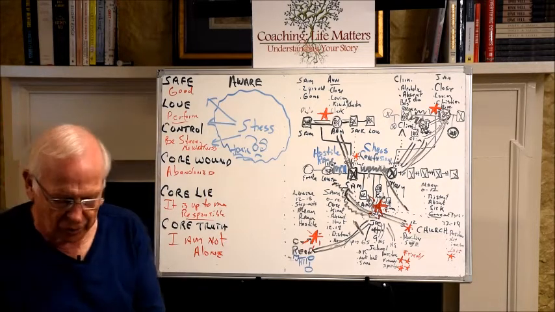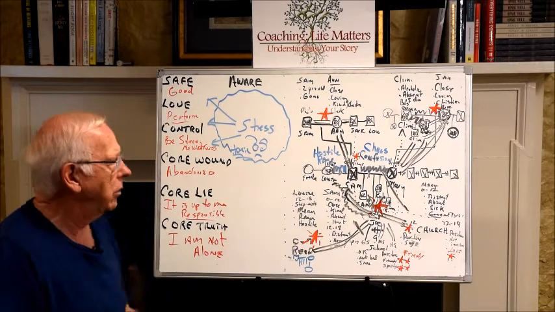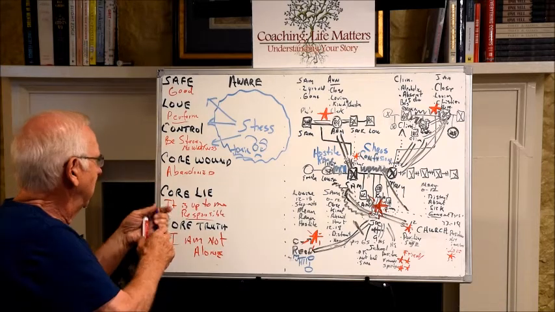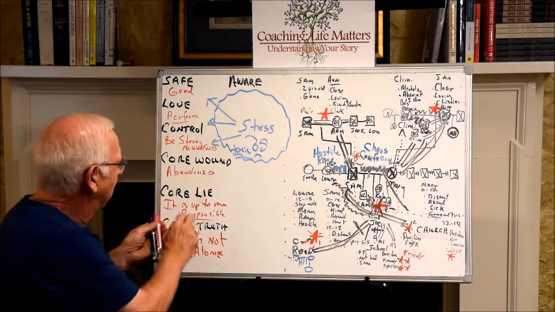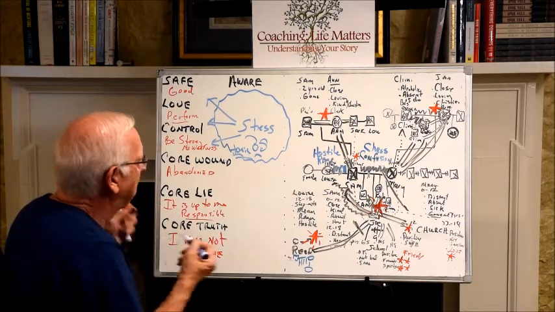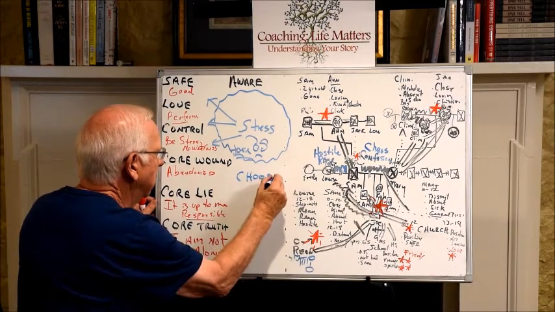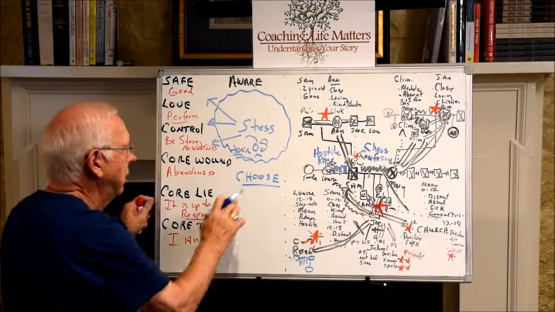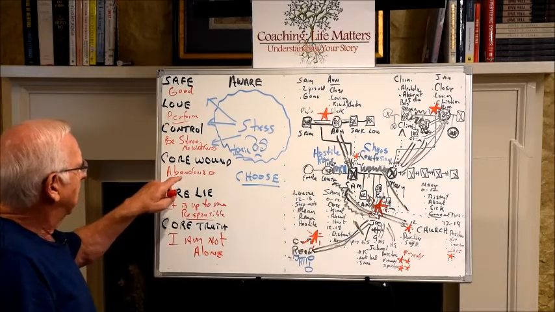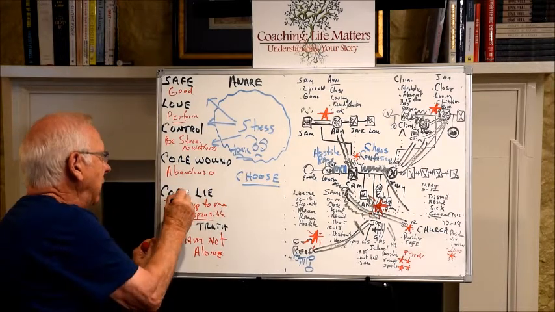Now I want to go to Joe, and I say, Joe, I want you to put your arm around your 12-year-old and tell your 12-year-old what your wound is. And this is where Joe names his wound. Now, I want to place something here on the board that's very important to see. Because, Joe, this is your greatest gift. You get to choose. And you've got the lie here, I mean, the wound that you're abandoned, but this lie,